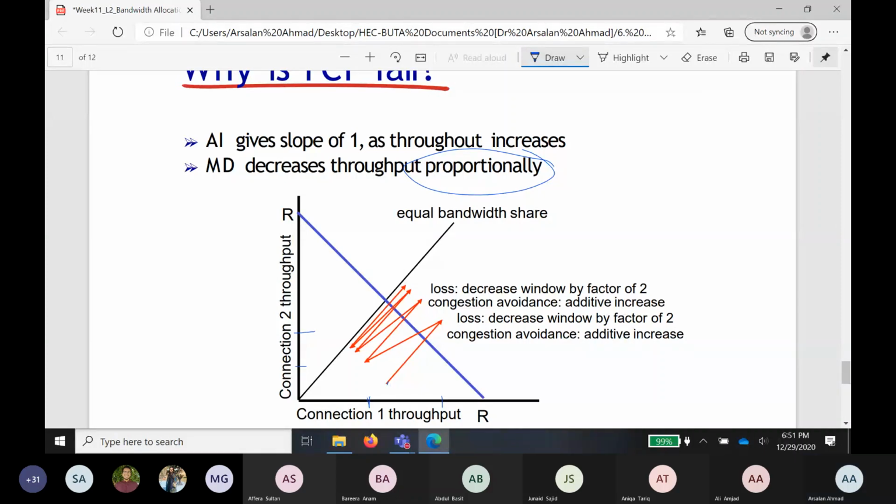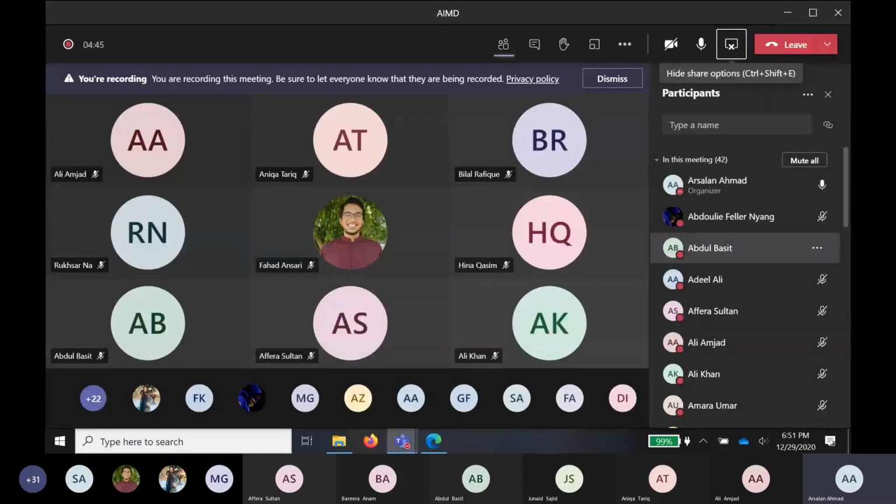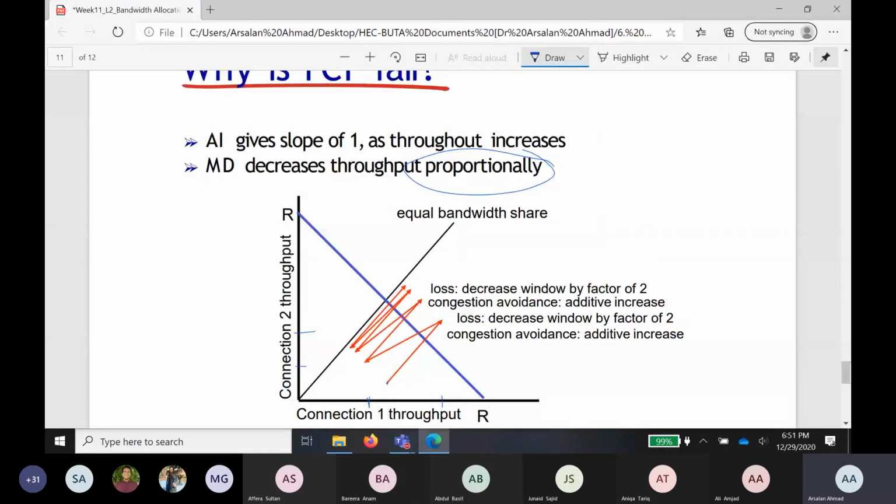Okay, is it clear to everyone? We discussed it in quite some detail, as we always do for every topic, but still if there are any questions, please let me know. This is the AIMD algorithm. Okay. So